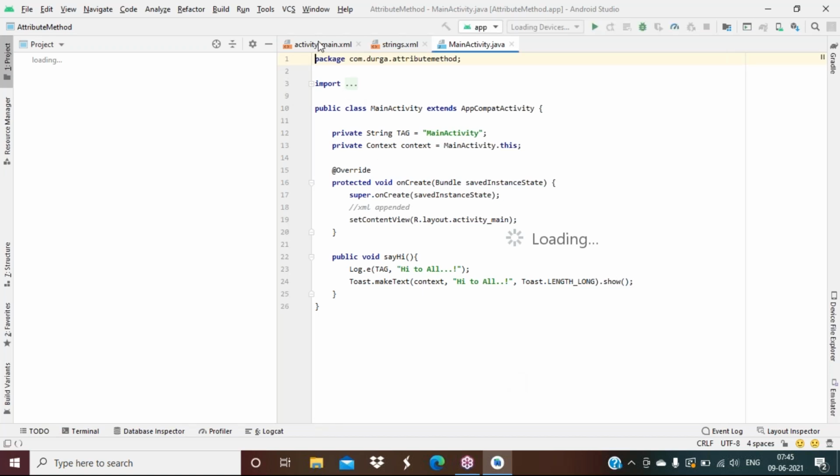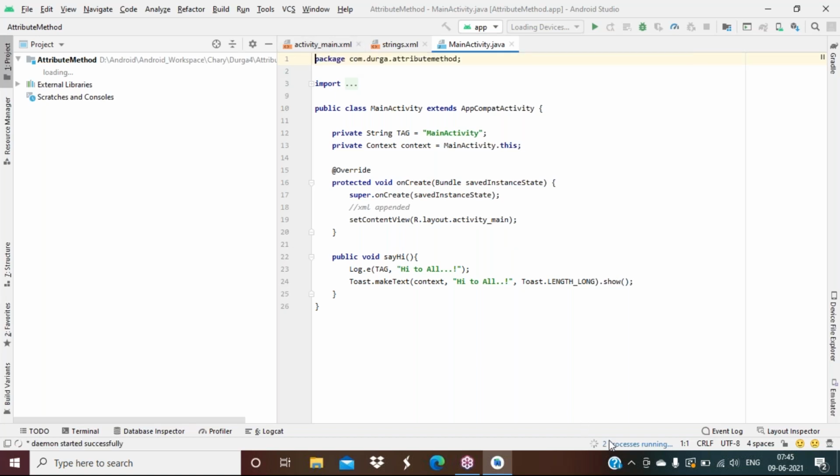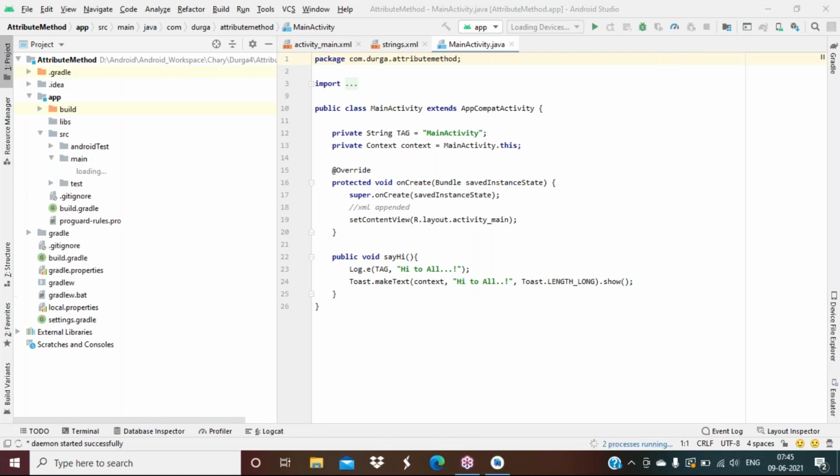Now it is trying to launch. So Gradle build is taking too much time when you are launching your application.